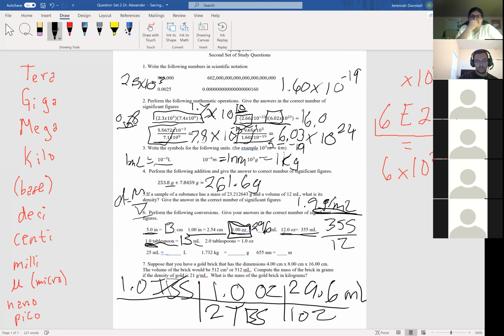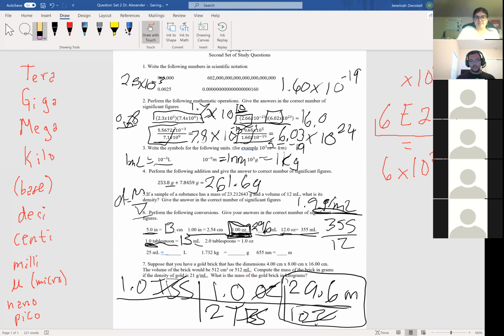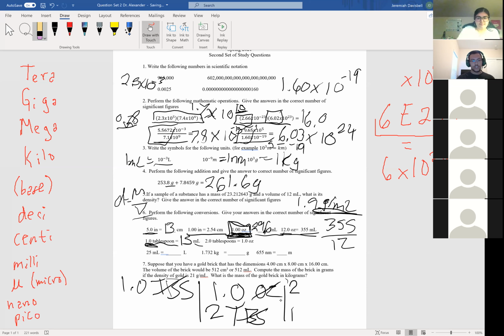Does that make sense? Can I ask, how come you put 1 ounce on the bottom again? Yeah, so basically we're taking the 1 ounce that we got from our previous answer that equals 29.6 milliliters, and we're putting that for this ratio here. Oh, I see, because 29.6 is equal to that. Yes. Okay, thank you. Any other questions about the tablespoon, the ounce, or tablespoon to milliliters? No? All right. So moving to the next question.